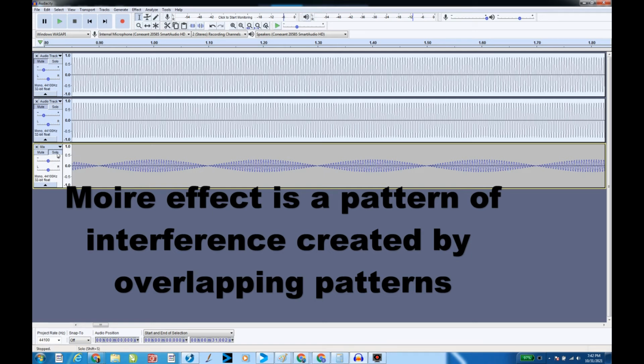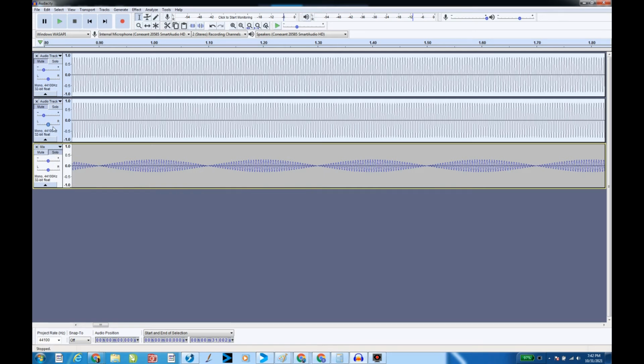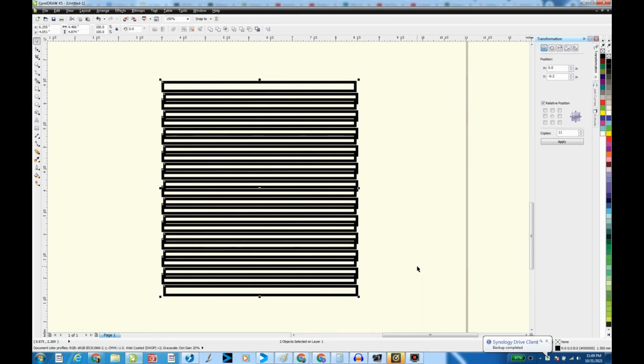Now, we can do this with numerous waves, but you'll find the further they are apart, this pattern eventually disappears. But for right now, you can create these patterns and see and hear the effect of adding two waves of slightly different frequency. Using my favorite drawing program, CorelDRAW, I can set up a basic Moire pattern here by using